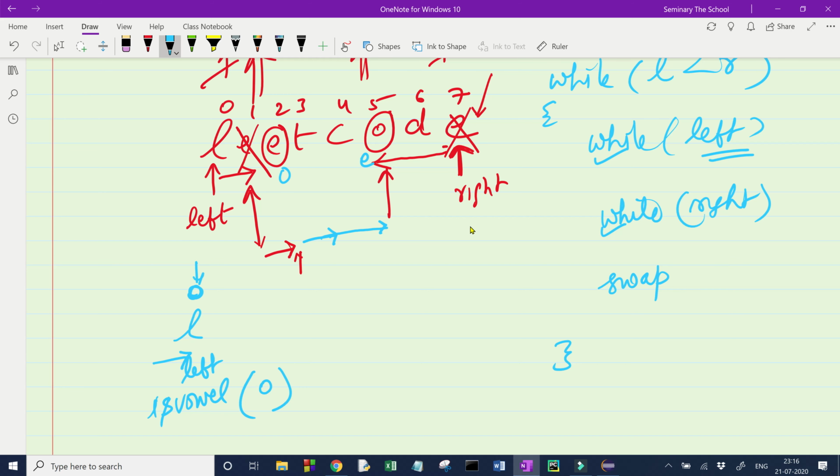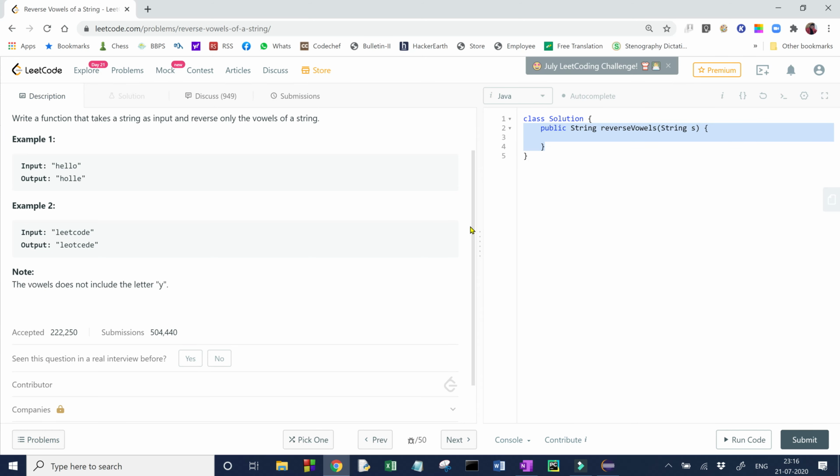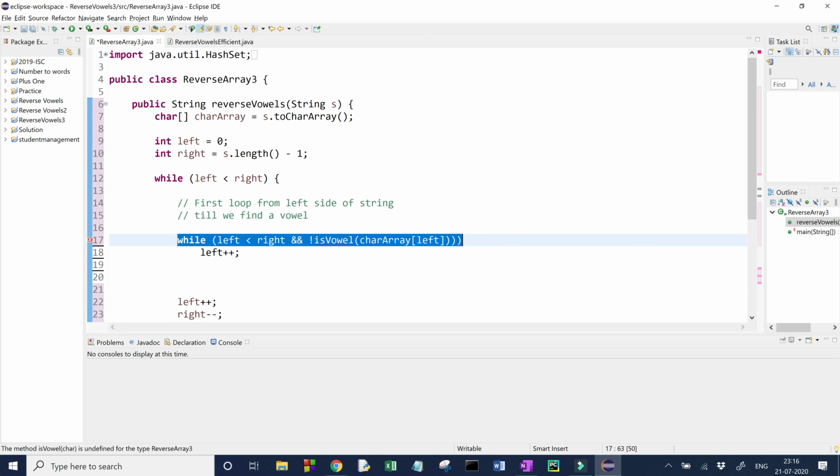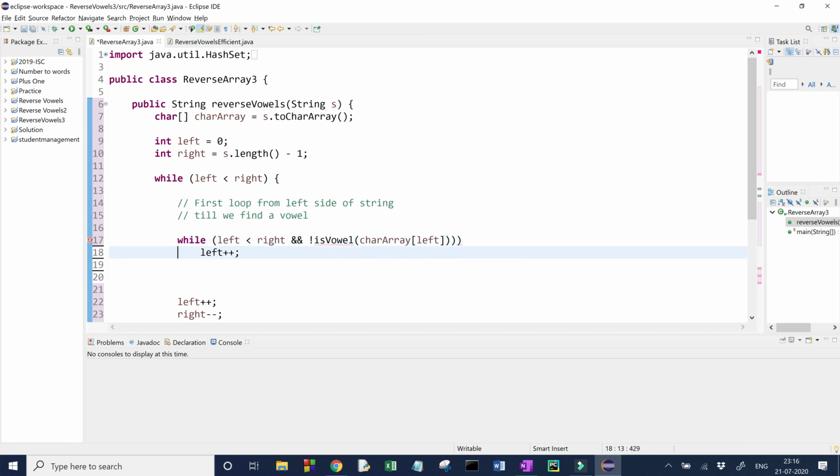If it is a vowel, I will stop. So we are checking if isVowel is giving me what? False. So we will keep on continuing. The moment any of these two conditions becomes false, we will stop the loop, and our left will be left in the array where the first vowel is found.